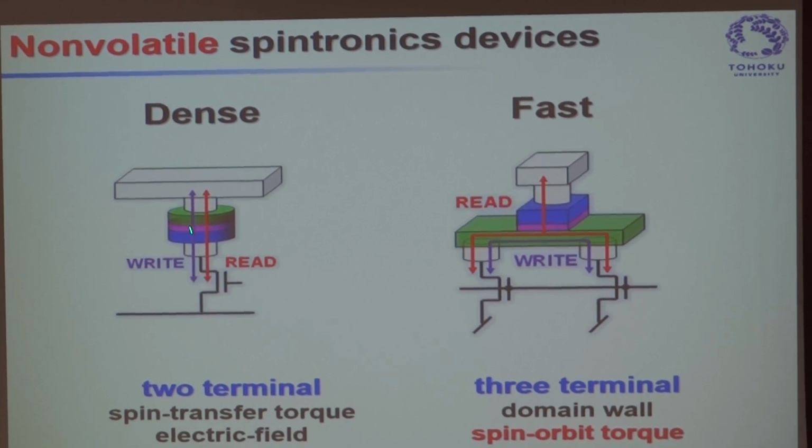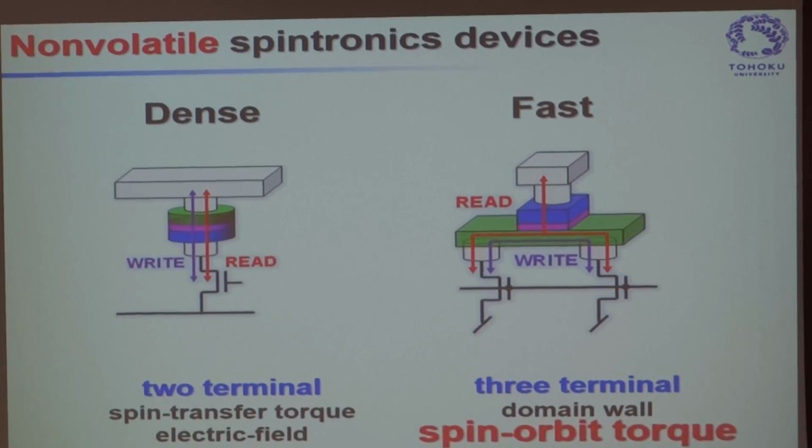And for density, we need to go to 2-terminal, but for very fast switching, we believe that 3-terminal has an edge. And although we've been working on the minimal 3-terminal motion devices, today my focus is on spin orbit torque